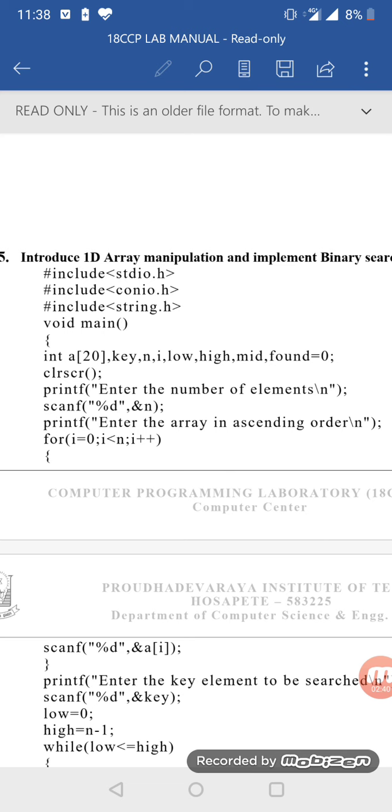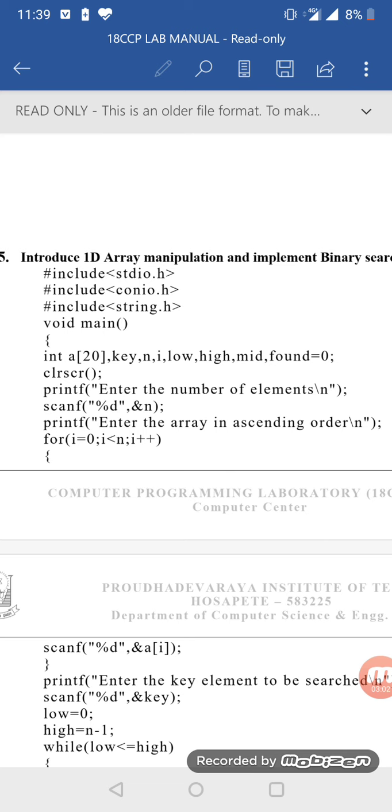And next is mid. If we take low plus high divided by 2, then we will get the mid element. Next is found equals 0. It indicates whether we have searched our key element successfully or not.